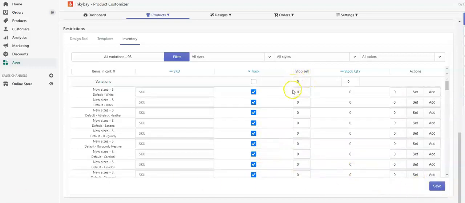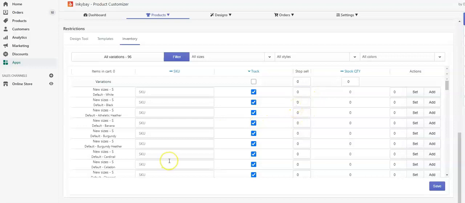This stop selling option is used when you want to stop selling before the stock is over. You can set it for each variant or for all the variants. For each variant, you have to enter the value you want, like here, I am entering 5.